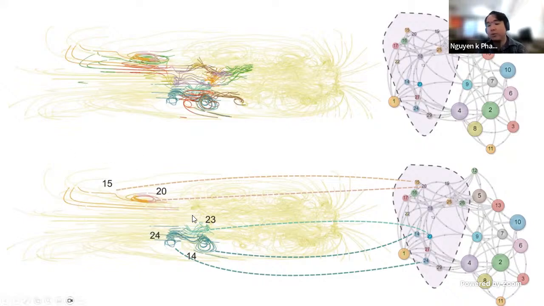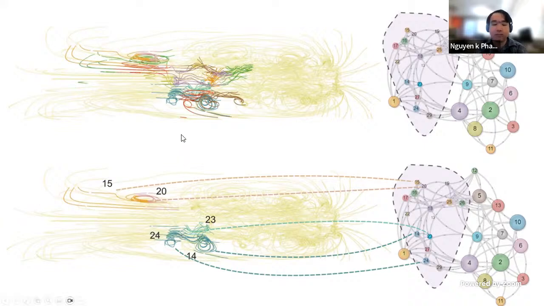Similarly, 14, 23, and 24 together form 2 more interesting vortex features. This level of detail allows us to precisely pinpoint and analyze specific flow structures within our larger area of interest. By iteratively refining our view like this, we can uncover intricate flow patterns that might be missed in a more